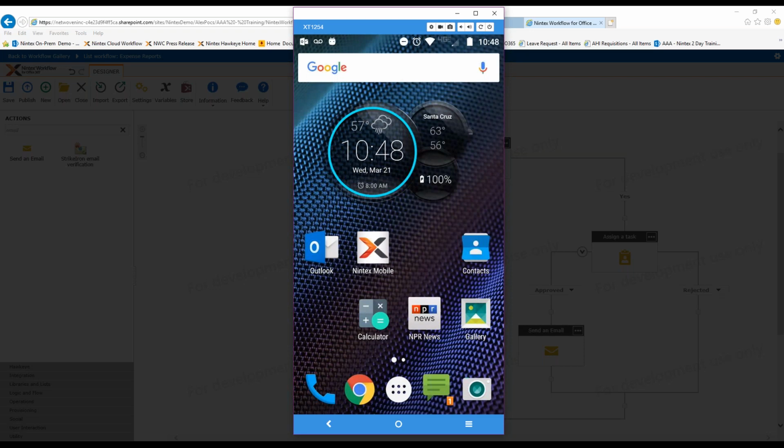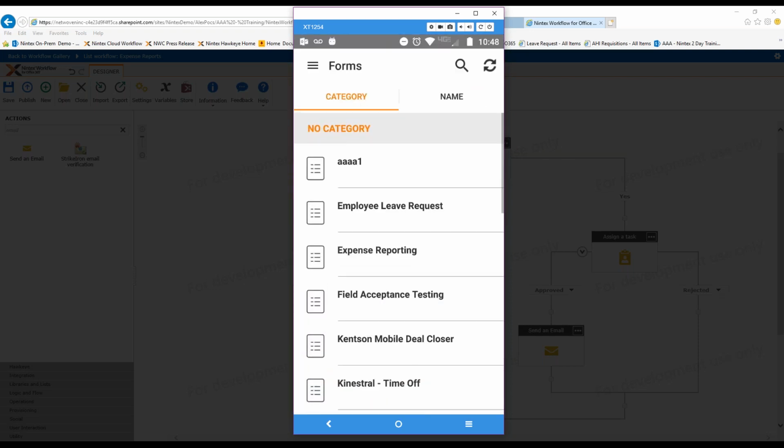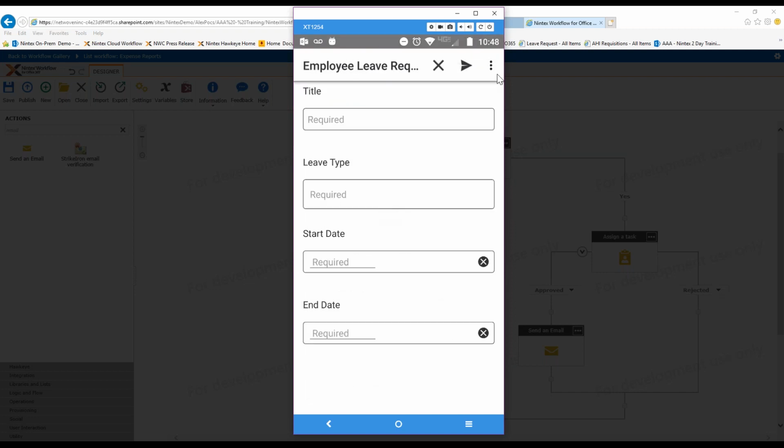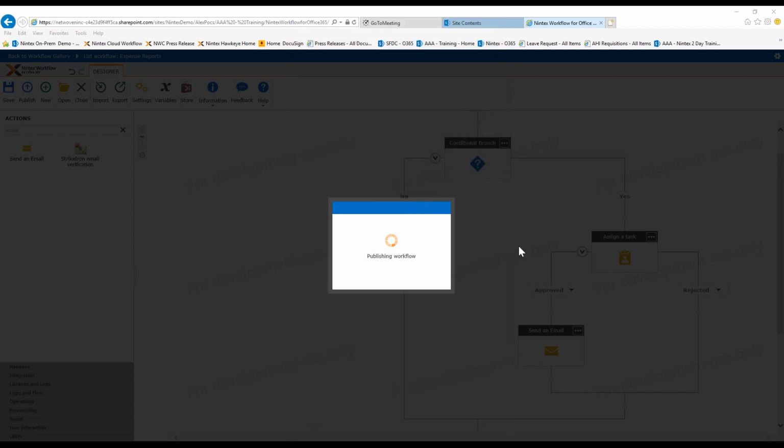And here's a Nintex. If you're looking on the screen, here's the actual Nintex mobile application. And if I do a refresh right here, we should see A3 come up. If I did it right. And I must have done something wrong on the form. Let's see. I don't know if it was this expense report. Nope, it's still publishing the workflow. Hang on one second. Let me figure out what I did wrong